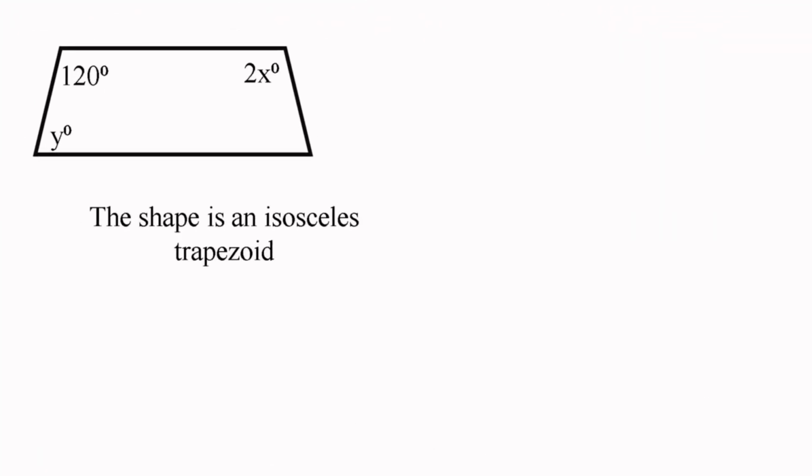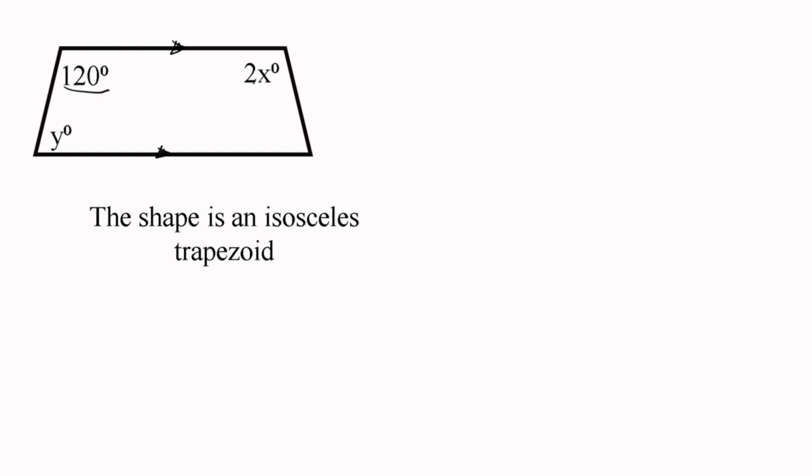Here we have an isosceles trapezoid. What are the main characteristics of an isosceles trapezoid? First of all, these two bases are parallel, okay? And second of all, two base angles from the same base are going to be congruent. Okay, look,